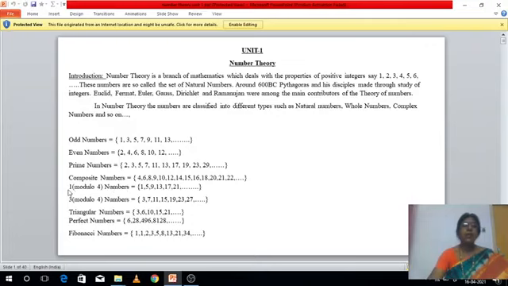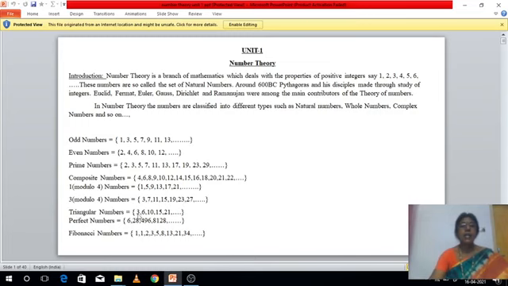Now we see a special type, 1 modulo 4 numbers. It means you start the set with 1 and the difference between any two consecutive numbers in this set is 4. Start with 1, add 4, then you get the next number 5. Then add 4, you get 9, then 13, then 17 and so on. Similarly, for 3 modulo 4 numbers, start with 3 and add 4 to get the next number. Now we have 3, 7, 11, 15 and so on.